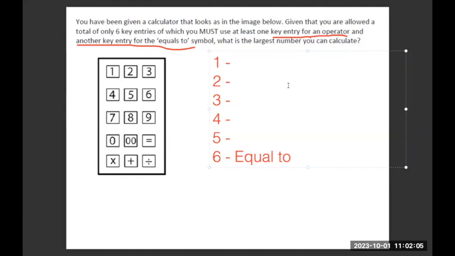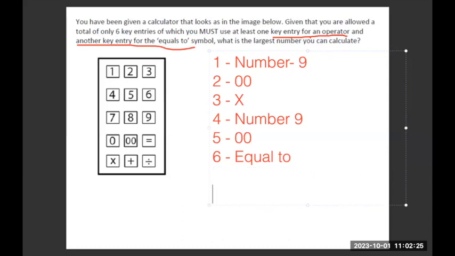In this case, first I will press the number 9. Then I will press 0, 0. Then I will press cross. Then I will press number 9. Then I will press 0, 0. So when I press equal to, the digit that will come will be 900 multiplied by 900, which will be